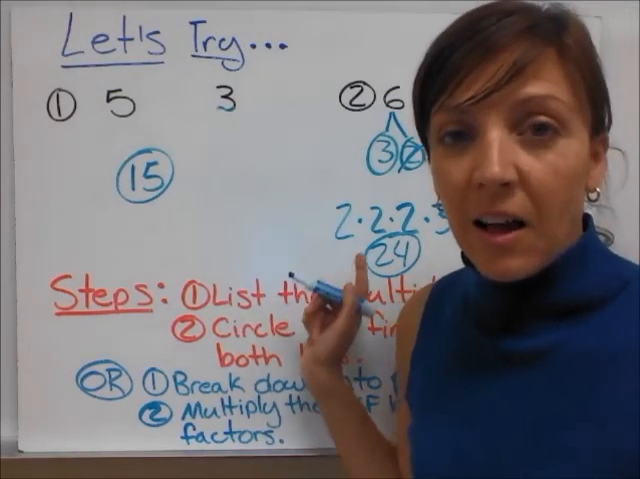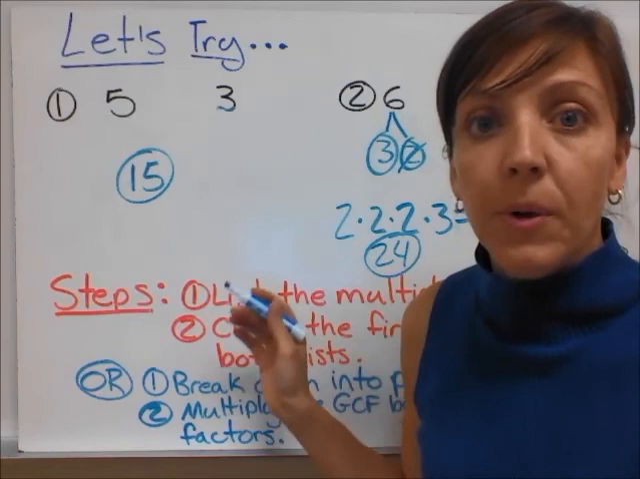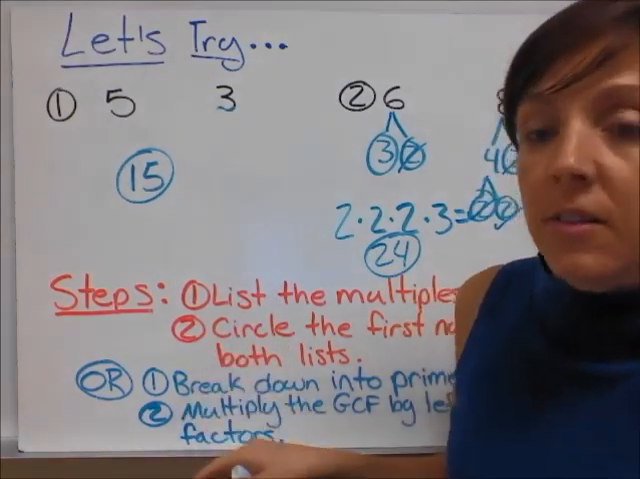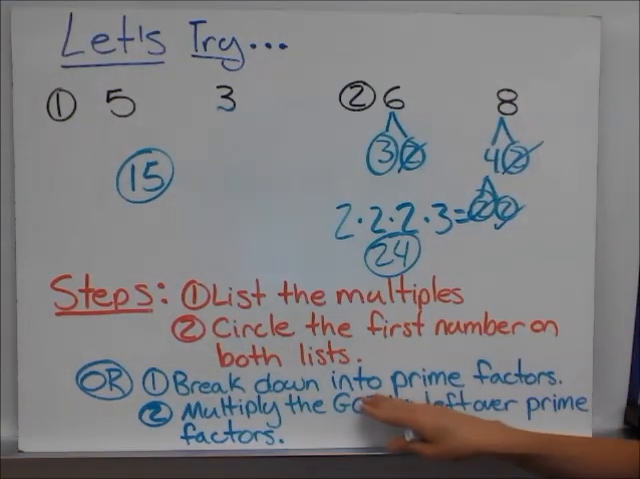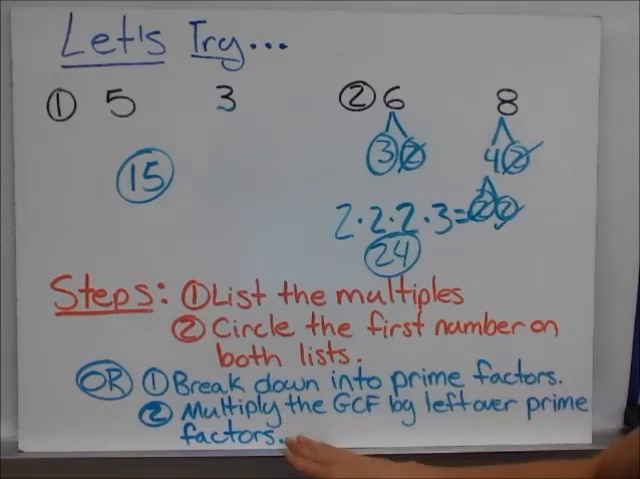So using a prime factorization tree, we also found the least common multiple, and here are the steps for that. You can break down the numbers into prime factors and multiply the greatest common factor by the